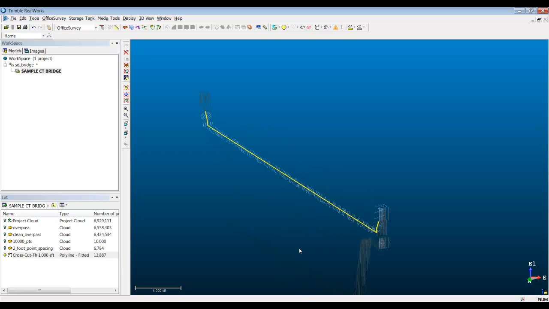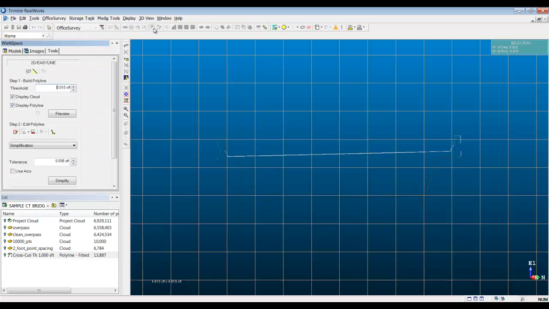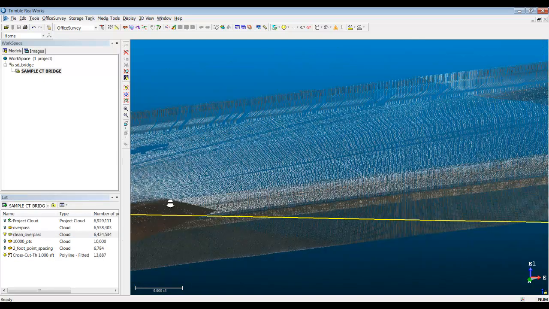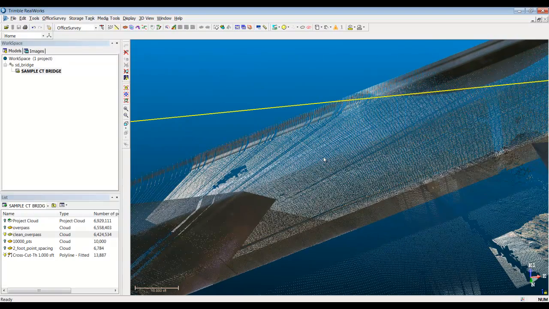Now what can I do with this polyline? As I mentioned, I can use this polyline in the individual nodes in order to create profiling across my point cloud later on. And if I'd like to, I can also use the 2D EasyLine tool in order to edit the polylines or any of the nodes within the polyline. I'll go ahead and save my project. And I can go ahead and turn on and select my clean overpass. Now with the clean overpass selected,